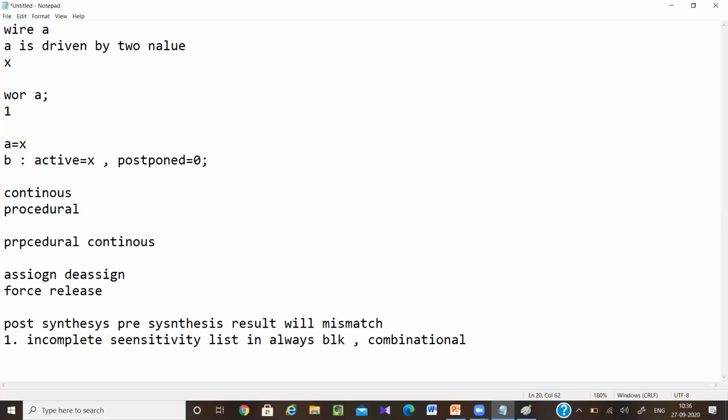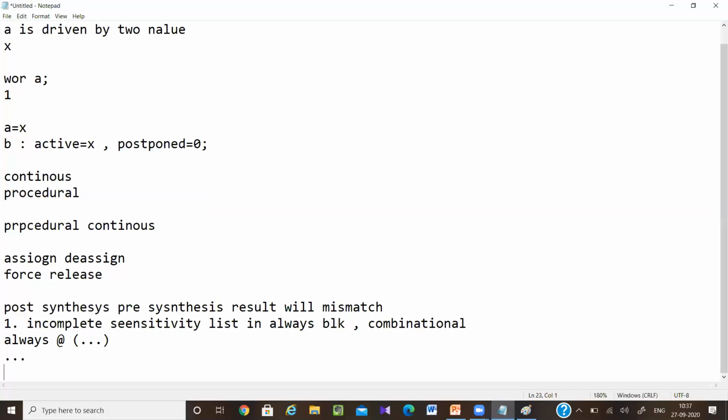For a sequential circuit, when we are designing a flip-flop, we normally write always @(posedge clock). In a combinational circuit, it is simply an incomplete sensitivity list in the always block. So what is the issue when you are writing an always block? Always @ some variable list, then you write some statements.